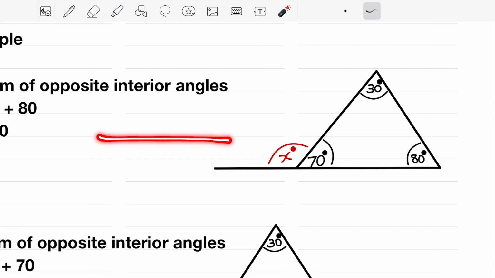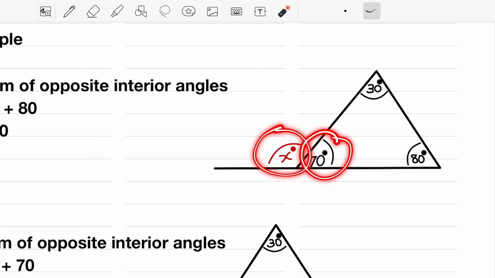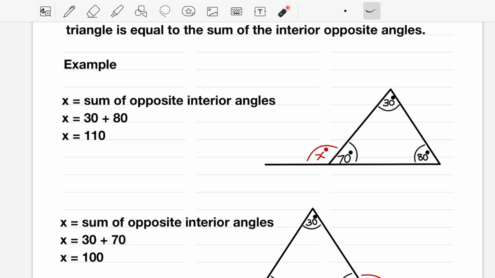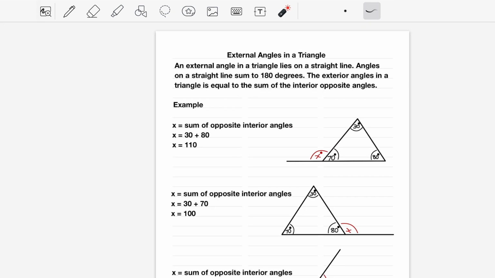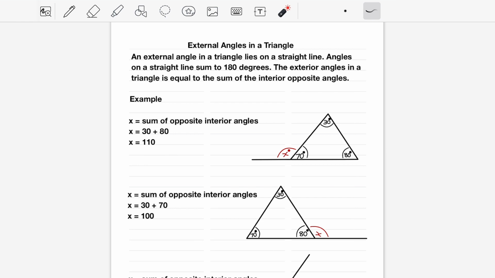So even if we had it like this, these three angles will sum to 180 degrees. So 70 plus x is equal to 180. So if we solve for x,